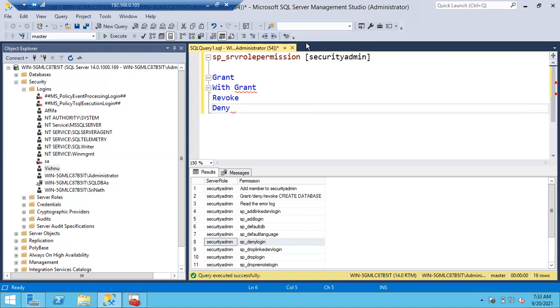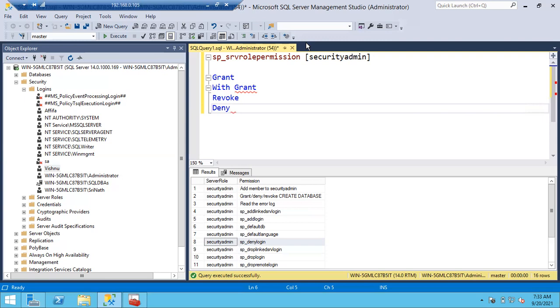Deny versus any permission, the result is deny only will win. Clear, guys? Even though you have read permissions, if read is denied, you cannot read it.